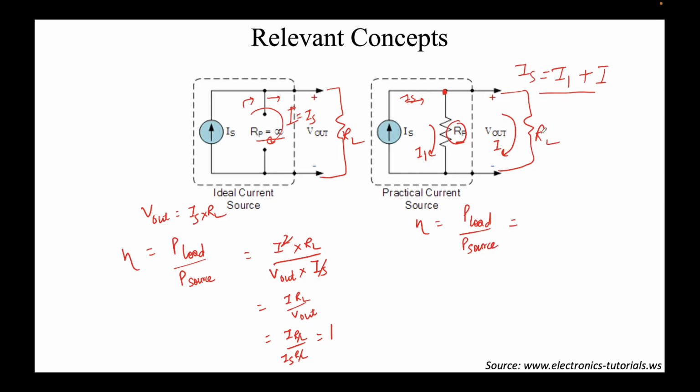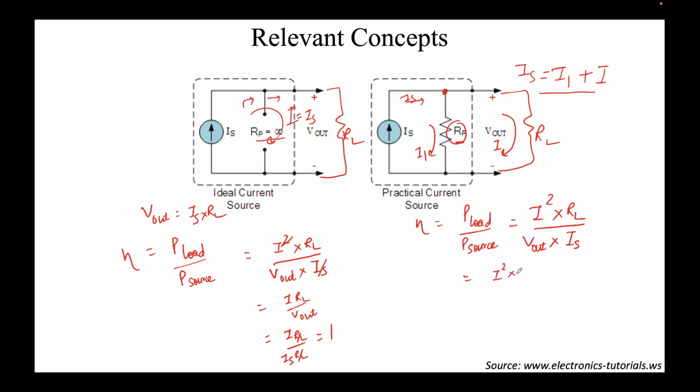Now what is the power delivered to the load? It is I square, I is the current flowing through the load resistance, times the load resistance value, which is RL, divided by P source. Now what will be the P source? P source would be the voltage that the current source is seeing. What's it seeing? It's seeing V out. So we'll simply write V out times IS. IS is the current rating, excuse me. Solving this, we'll get